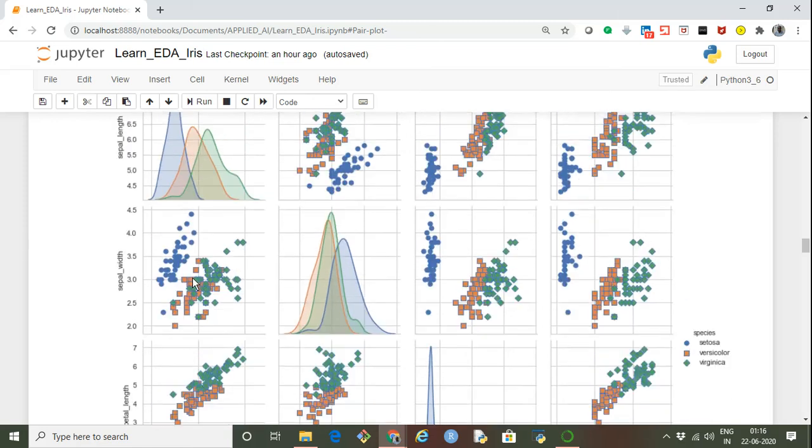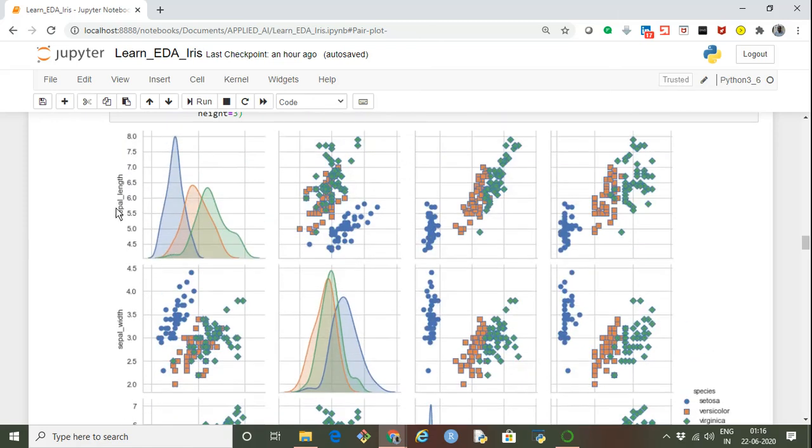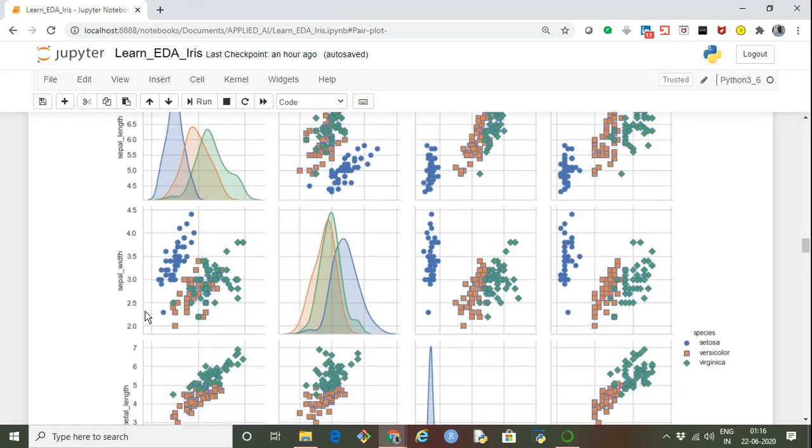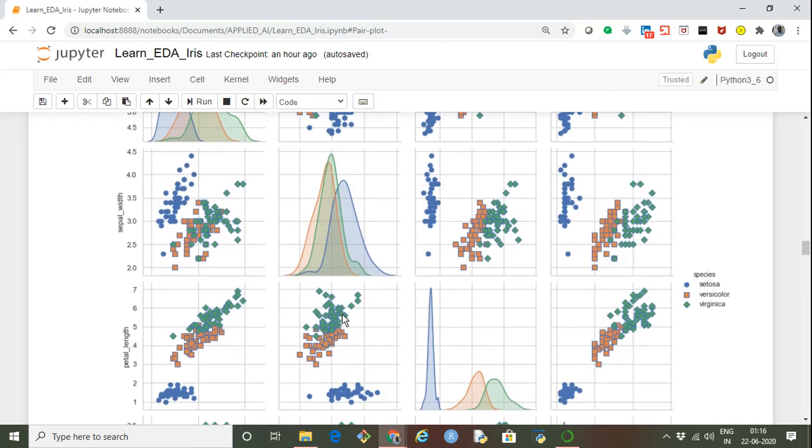What we can make out from these distributions is whether a given feature, let's say sepal length, can distinguish the three species. It is no, because there is a lot of overlap, so sepal length is not that good. Sepal width, again, has a lot of overlap, so it is also not a good feature to separate.